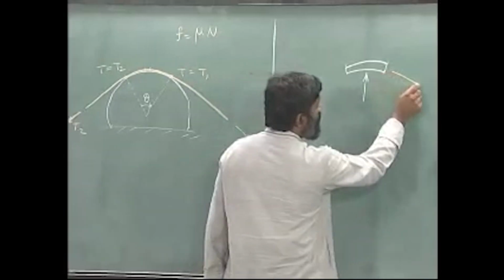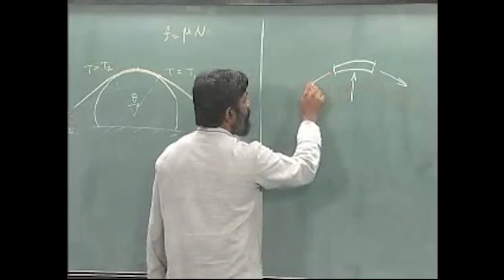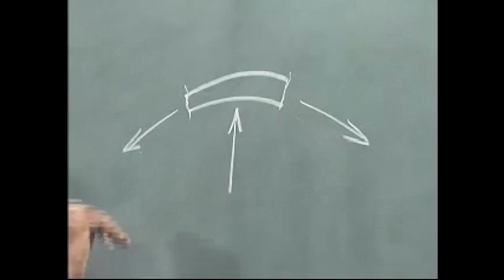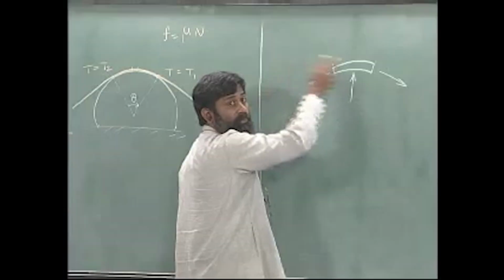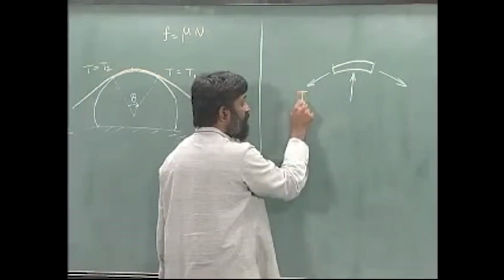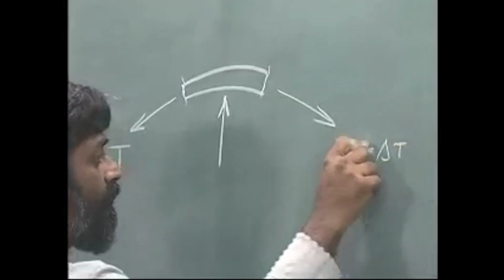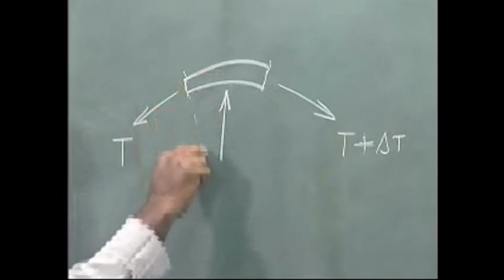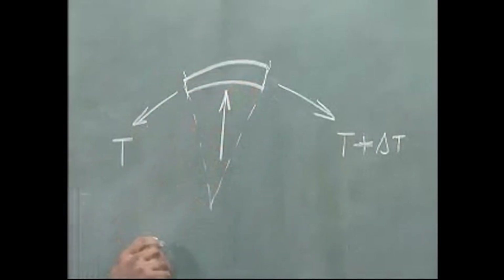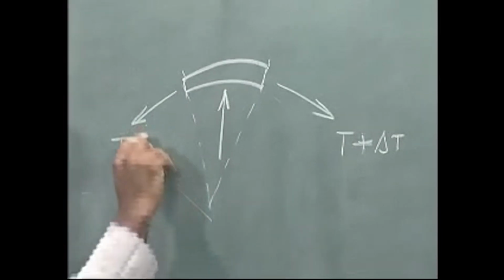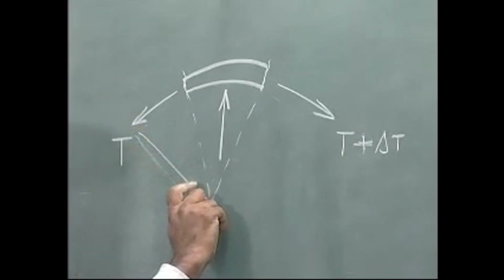There is a tension over here and a tension over here. As I move from left to right, the tension keeps on increasing from T2 to T1. So, let us say this is T and this is T plus delta T. Where is this region? This region is, let us say, from this